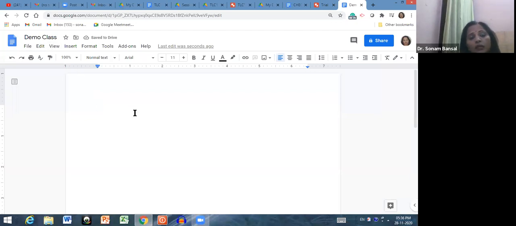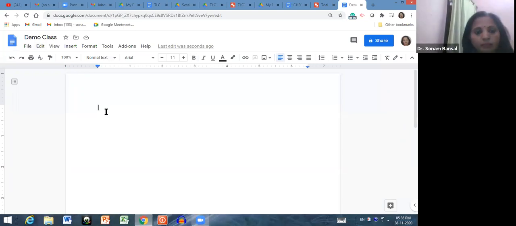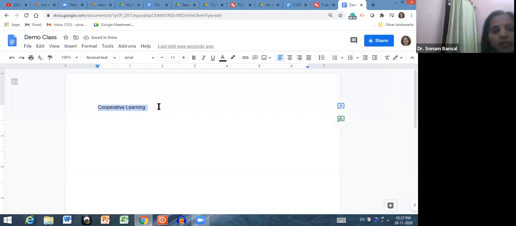And whatever changes you are making, they are automatically saved by Google Drive in your Drive, in the Google Cloud. It means you need not save the changes. If you do not save, it is automatically saved in your Drive also, right? In the upper bar, there are the menus like file, edit, view, insert, format, and many more. But before proceeding further, let me add some material here. Let's suppose, creative learning. And I add this as a main title.